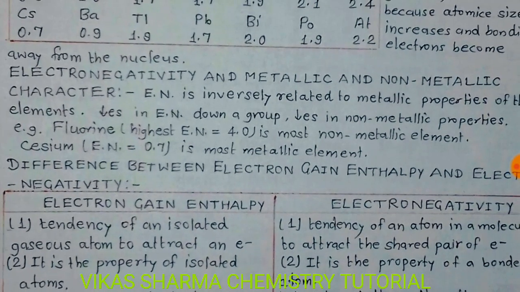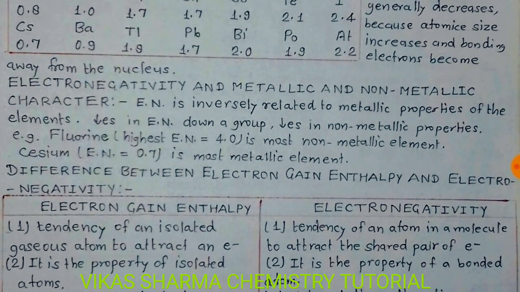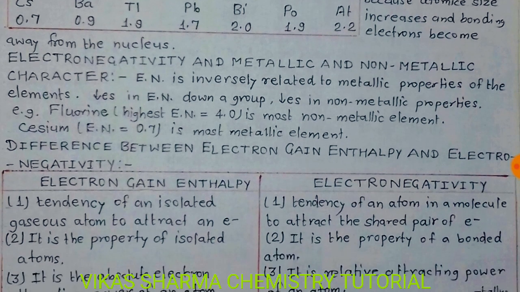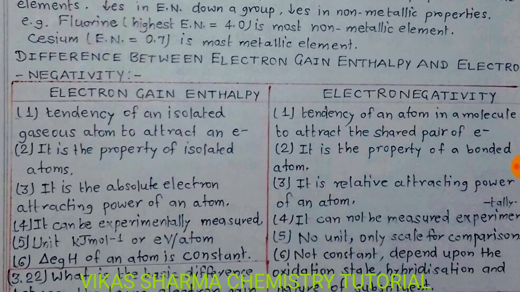Now, electronegativity and metallic and non-metallic character. Electronegativity is inversely related to the metallic properties of the elements. Electronegativity decreases down a group, and non-metallic properties decrease. Fluorine, the most electronegative at 4.0, is the most non-metallic element. Cesium, with electronegativity 0.7, is the most metallic element. So in non-metallic character, electronegativity is high, but in metallic character, electronegativity is low. So student, you have seen